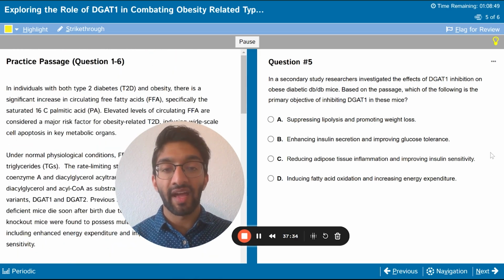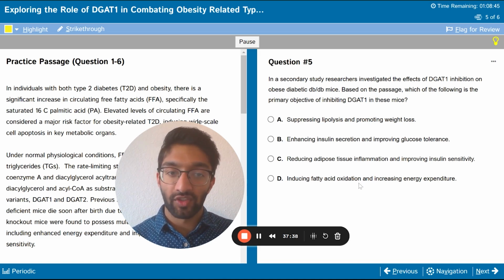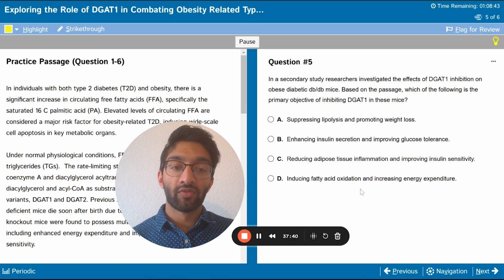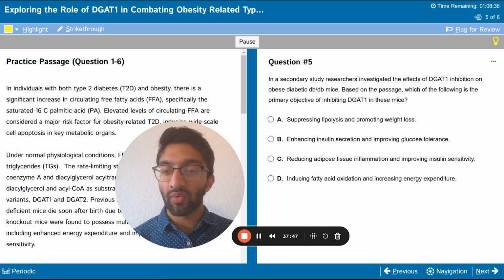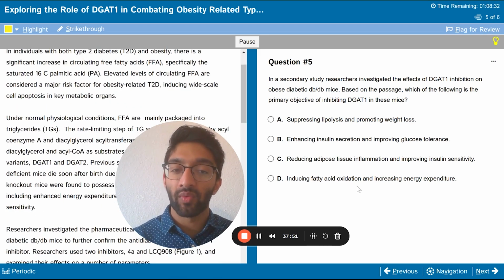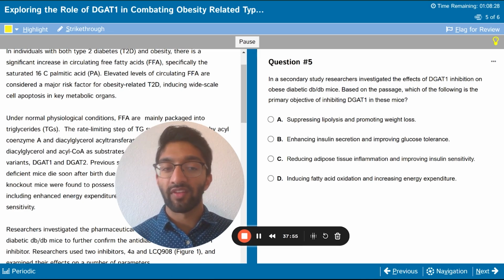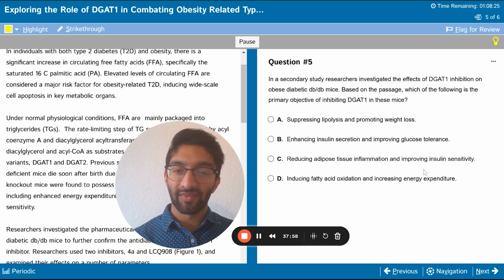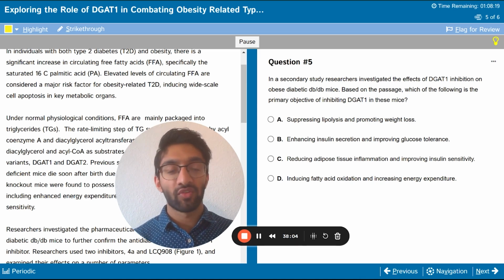It's passage-based and it's specific to the disease of interest. Okay, and last question, right? Last answer choice here. If we induce fatty acid oxidation and increase energy expenditure, once again, that was really never mentioned in the passage, and we don't know that this is what DGAT1 is. Inhibiting DGAT1 would actually increase fatty acid oxidation and increase energy expenditure, because once again, it could maybe help if you have obesity or diabetes, but in this passage it was not mentioned.